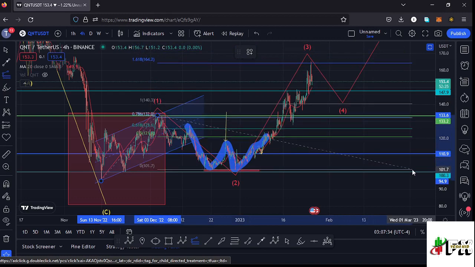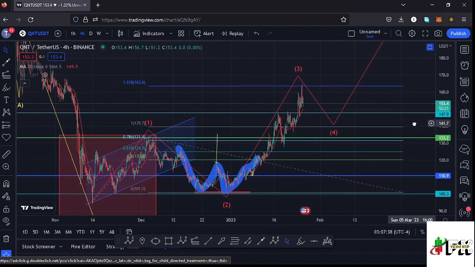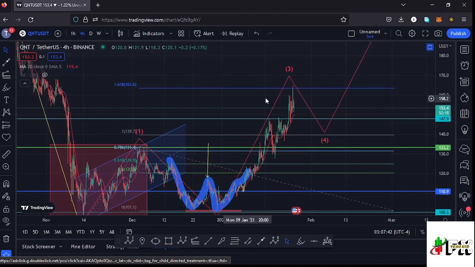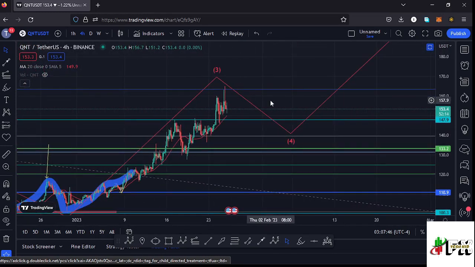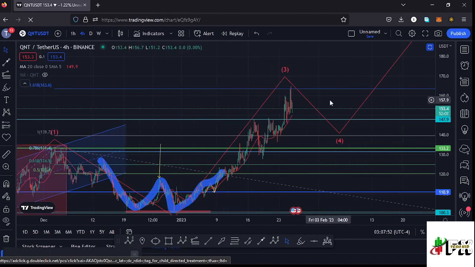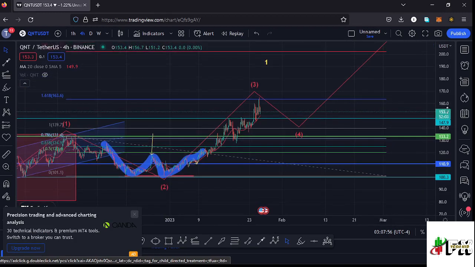That gives me a minimum target area to the upside in the formation of that wave 3 at the fib level 1.618, which perfectly lies at around the $163.6 mark, which is a target area that we have fully maximized here on the Quant chart, and we have made a high at around the $165.5 mark, which means we have fully maximized the formation of that higher Elliott wave count 3, and that gives me the short-term scenarios that I'm